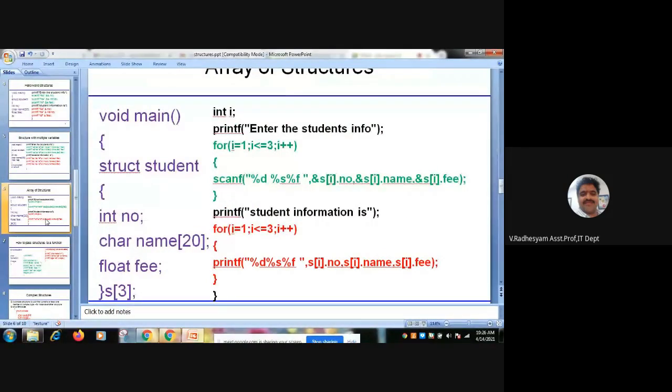Here s3 is a structure variable. So we can access number, name, fee using structure. Number, name, fee of a first student. Number, name, fee of a second student. Number, name,